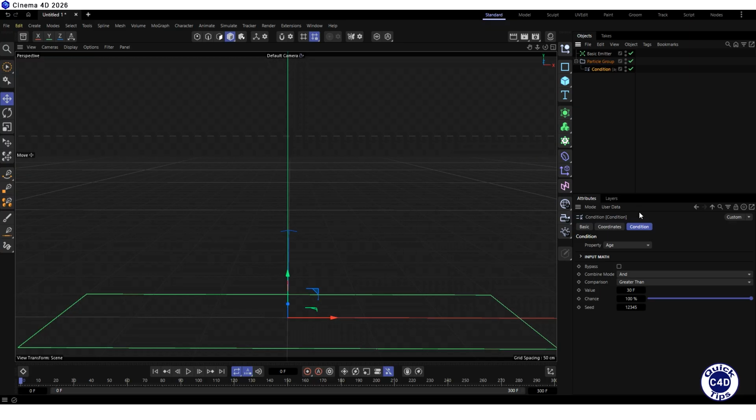Go to the Condition tab of the condition object. Make sure that the condition property is set to H, the comparison is set to greater than, and the value is set to 30 frames. And reduce the chance property to 20% so that the particles do not explode immediately after 30 frames from release,